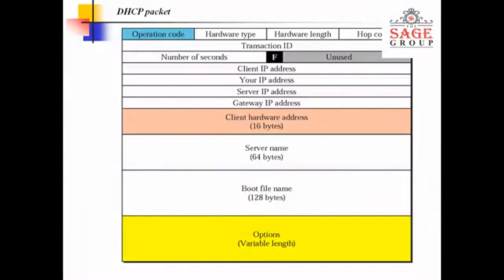This is the packet format for DHCP. Now see this. From this point to this, there are 32 bits. It is divided into 4 equal parts, that is 0 to 8, 8 to 16, 16 to 24, and 24 to 32. These are the packet format for DHCP. With the help of this, it provides IP and transfers the IP.